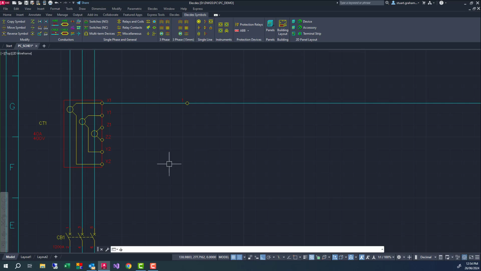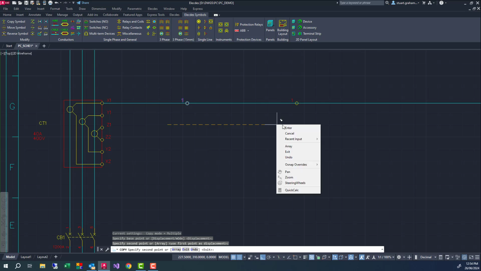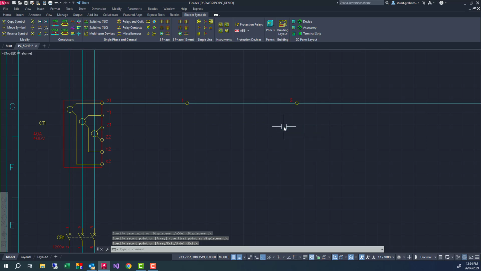Electdes has added electrical intelligence to the CAD session. The CAD session will now react to any copying and pasting of a component in a smart manner. When I copy the terminal, the number will be incremented in a circuit-sensible manner. The lines are appropriately broken and connected, and the spec is transferred.